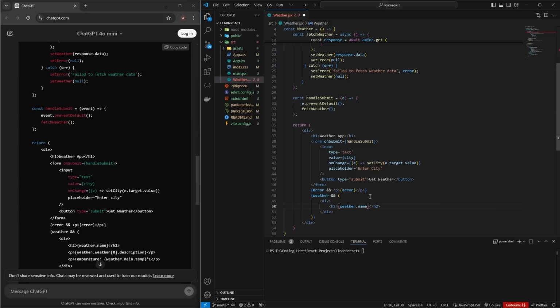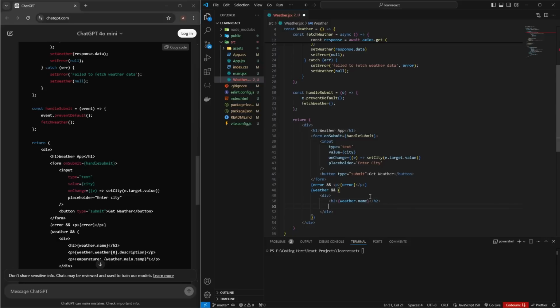Weather dot name is like the city name with the country. I don't know, you will see. I think the weather dot name is the country name of the weather which is being shown at the front end,